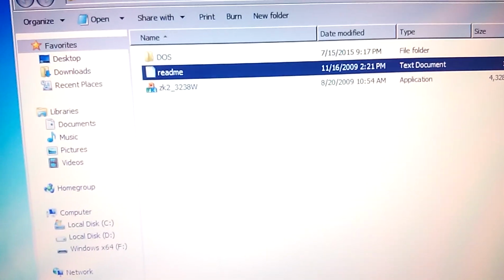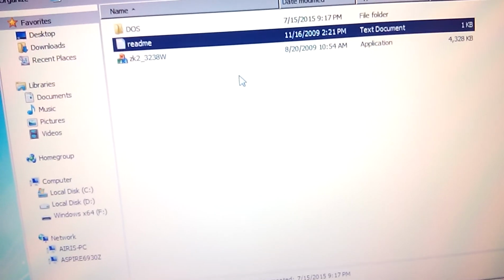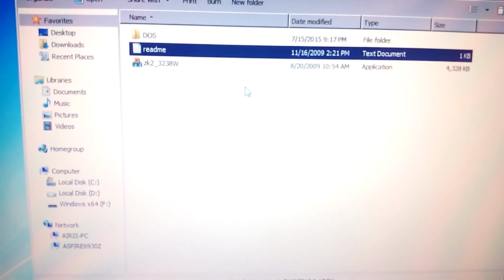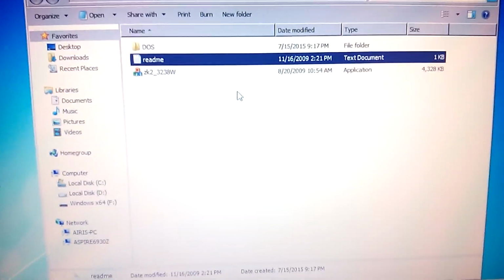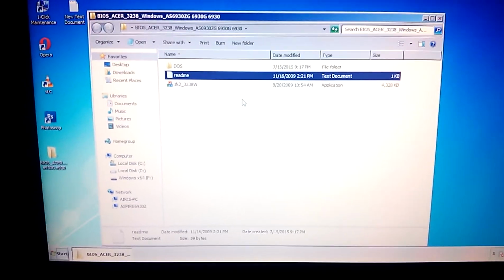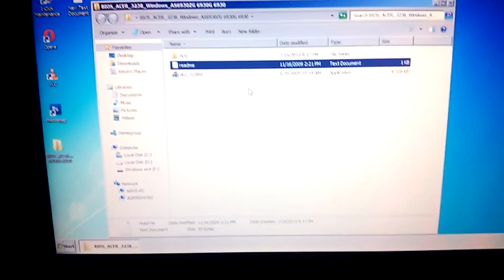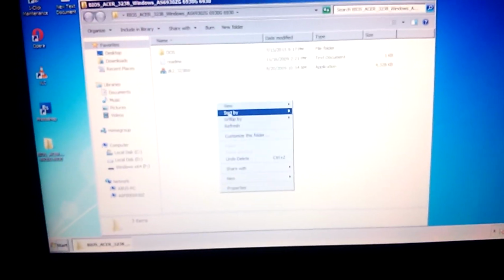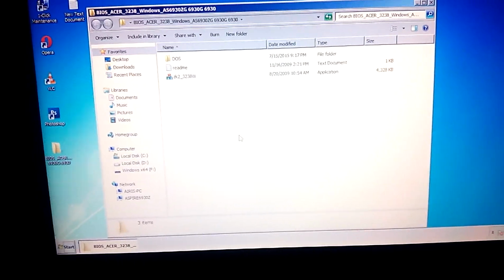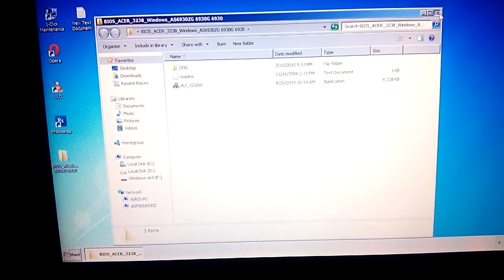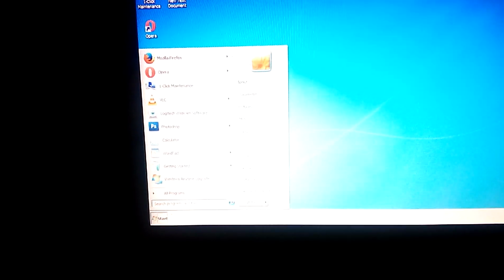What I want to tell you is to make sure that your hard drive or your BIOS doesn't have a password, because after the process finishes, maybe the machine is going to ask you for a password. If you don't know the BIOS password, you're screwed, because it's very hard to recover a BIOS password. That's why I'm telling you, make sure you don't have a BIOS password. So in order to do that,